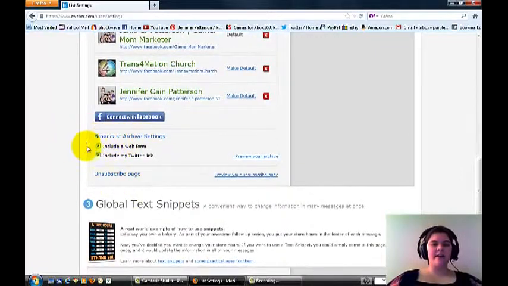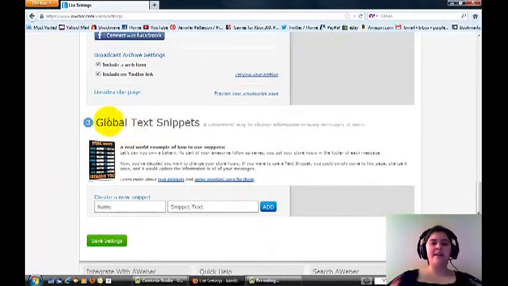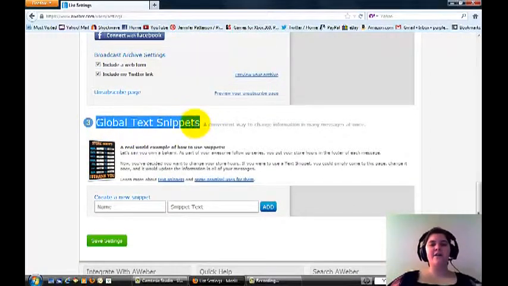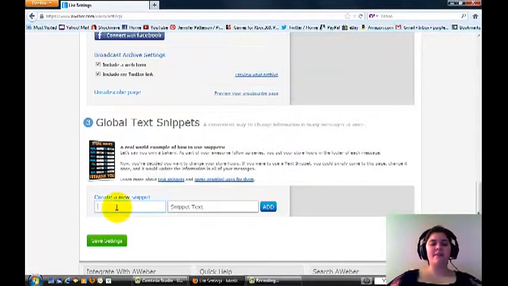And I leave these check boxes checked because there's no point in touching them. Now, global snippet text. If there is something that you want to be able to switch out because it's frequently used a lot, you can create the name and the snippet text for it. So, for example, if you're a team leader and you're automatically creating emails for your entire team to be able to duplicate, you can create snippet text like, say, sender name,